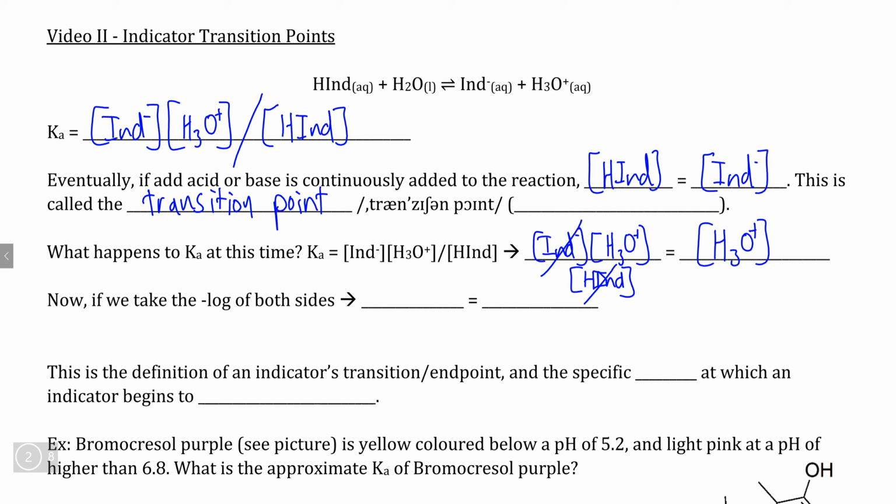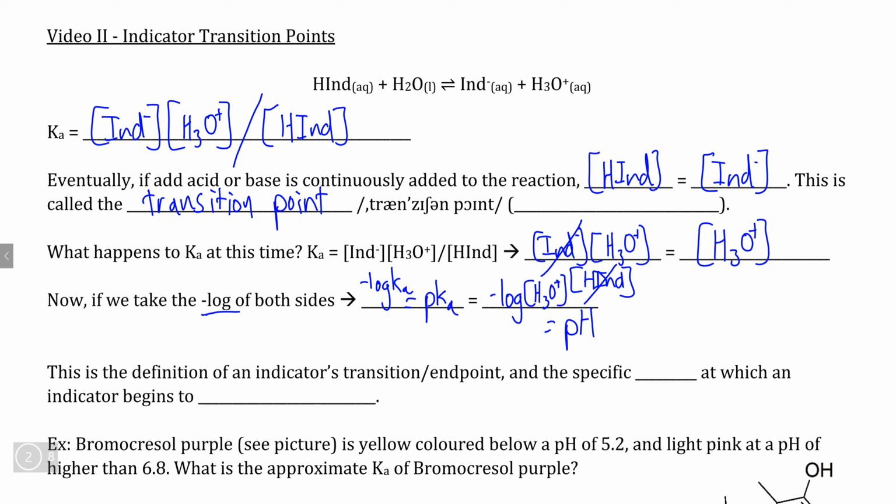Now, this is a very useful simplification that we can make, because if we take the negative log of both sides, we know that the negative log of the concentration of H3O+ is simply equal to pH, and pH is something very useful that we can measure. Now, if we take the negative log of Ka, which seems like a gibberish thing to do, we end up with a measurement that we call pKa. pKa is simply the negative log of Ka, in the same way that pH is the negative log of the concentration of H3O+. What is important is not so much what pKa is, so much as how we can find